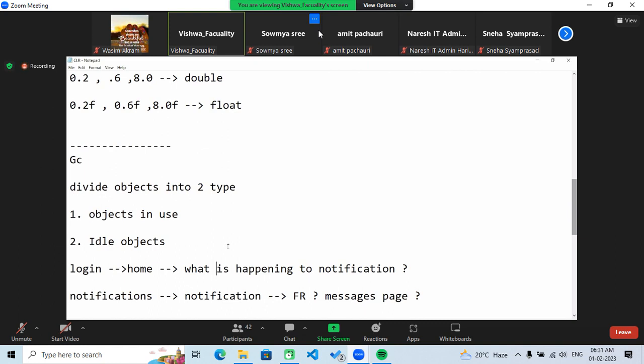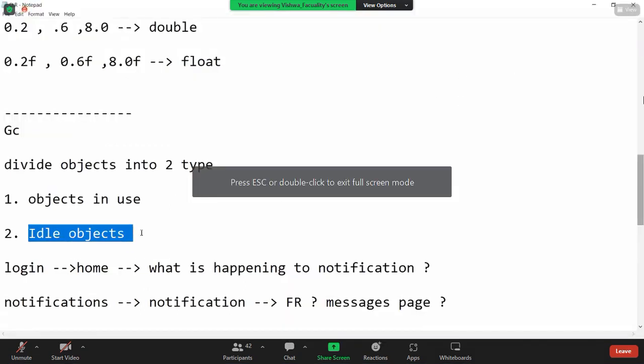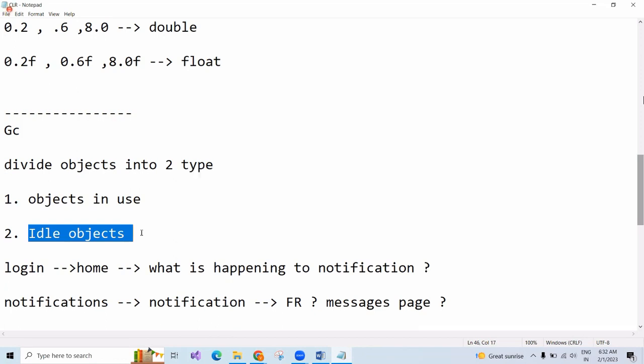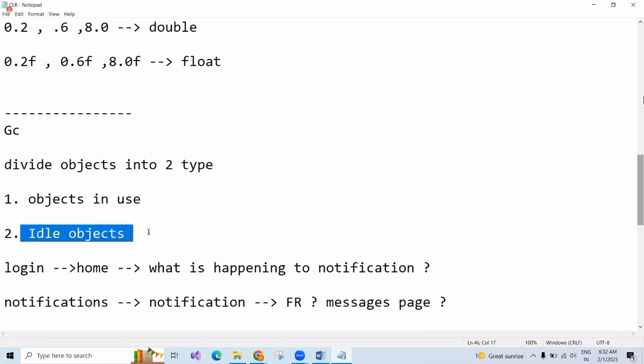Okay, so idle objects. What are idle objects? Those objects will be there, but whenever they are active, only then will the memory be allocated. When they are not using them, why should we allocate and waste the memory? Will you guys agree with me? Is that the proper way? So now we will allocate memory to only objects in use. That means we are not removing these idle objects. They still exist in the system.